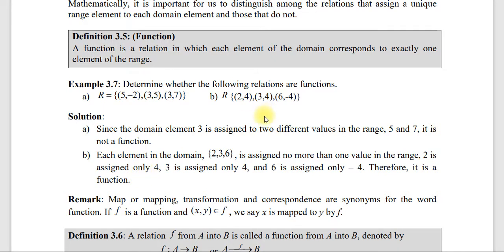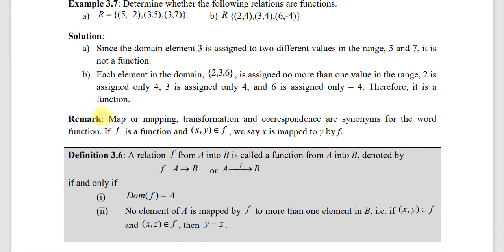Okay ስለዚህ ምን ማለት ነው? ዶሜን መደገም አይችልም፣ ሬንጅ ግን መደገም ይችላል። እዚህ ላይ እንደምታዩት 4 ሬንጃችን ነው ተደግሟል፣ ግን ፋንክሽን ነው ብለናል። እዚህ ጋር ደግሞ 3 ዶሜኑ ማለት ነው ተደግሟል፣ ፋንክሽን አይደለም ብለናል። ስለዚህ በቀላሉ ፋንክሽን ማለት ምንድነው? ዶሜኑ ሊደገም የማይችል ሬንጁን ግን ልንደግምም ላንደግምም የምንችልበት ከሆነ that relation is known as function እንለዋለን። ስለዚህ ኦርደር ፔር ሆኖ ዶሜኑ ሊደጋገም የማይችል ነገር ግን ሬንጁን እንደፈለግ ልንደግመውም ላንደግመውም የምንችል ከሆነ that relation is known as function ነው እንላለን።